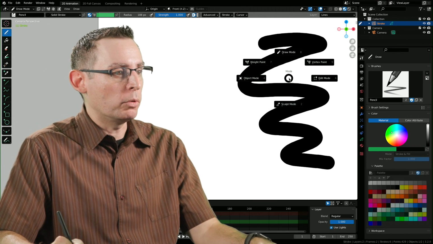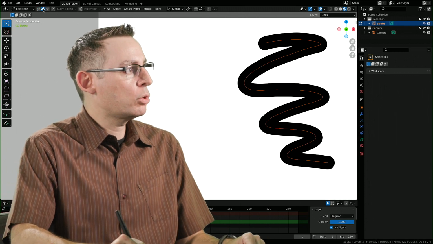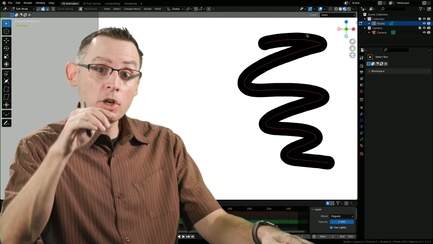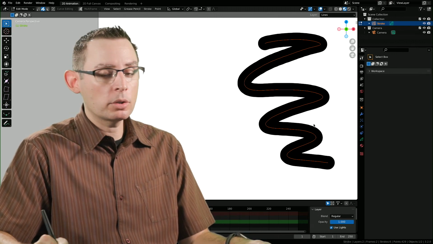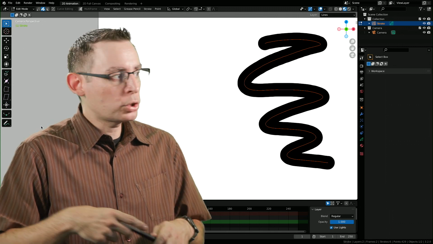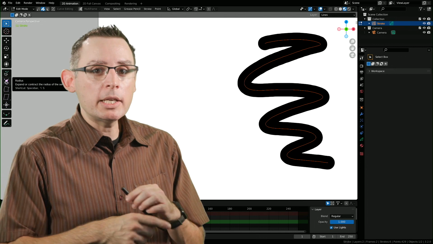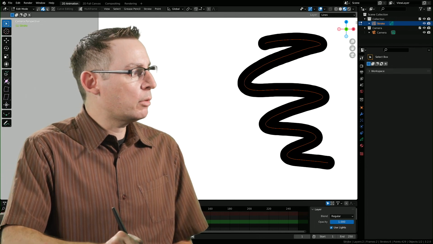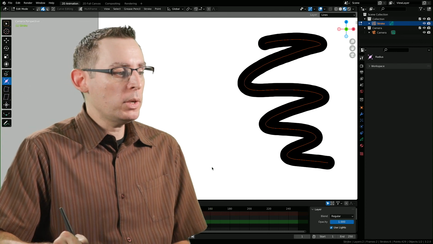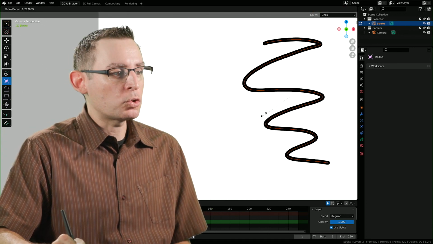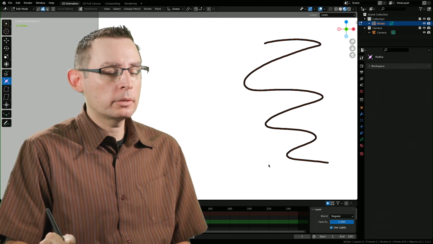Let's jump into edit mode real fast. And I want to make sure that this object is selected. I'm going to go into my stroke selection engine. I can also hit the number 2 key on the top row of my keyboard and ensure that this stroke is the one that's orange. Now over in our toolbar, check it out. Right here, this is the radius tool. And this is going to allow us to interactively change the radius of an existing stroke. And the way that we do this is just simply left clicking and dragging inside of the interface. And now we can make it smaller, which is pretty cool.